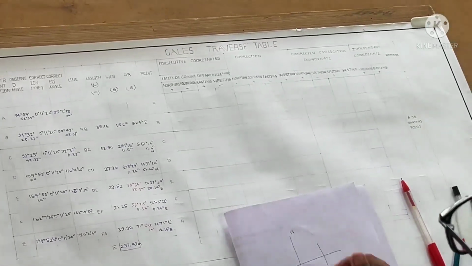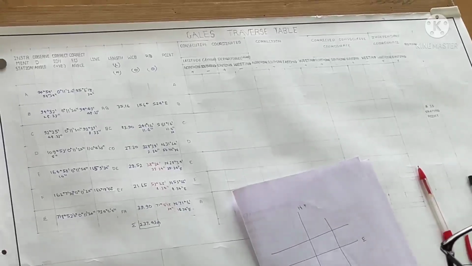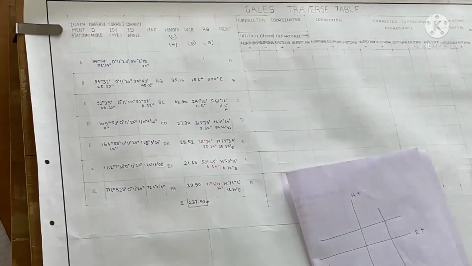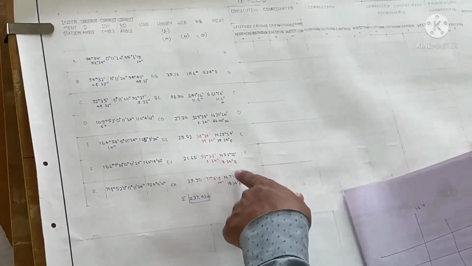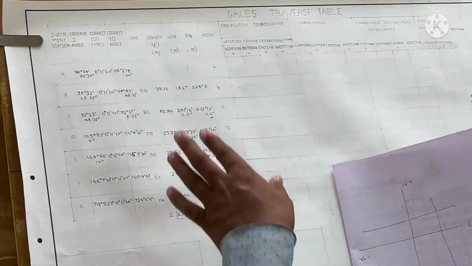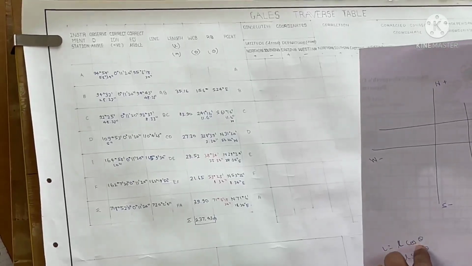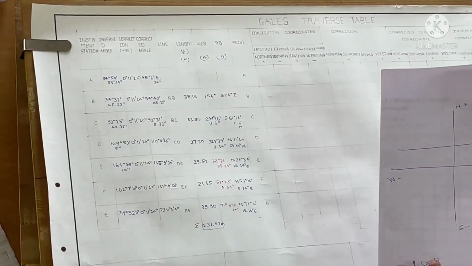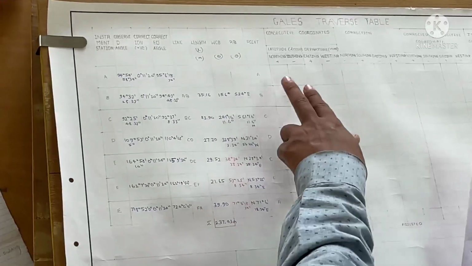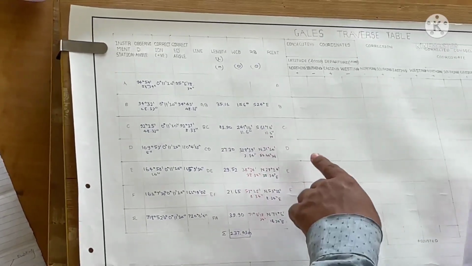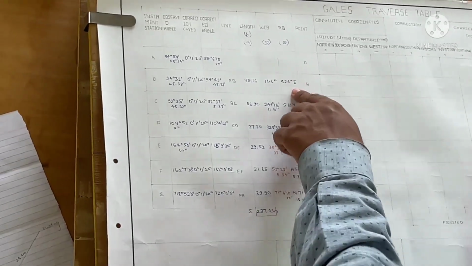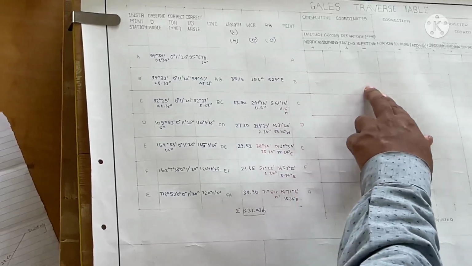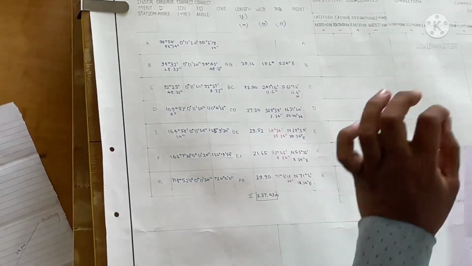Now we know that northing is always positive, southing is negative, easting is positive and westing is negative. First of all we have calculated the quadrants of each and every line, that is southeast, southwest, northwest, northeast. So after substituting the bearing value in the formula, cos theta, we will get the value and according to that we enter it. We know that south is latitude and east is departure, so according to that we write it down in the corresponding column and row.